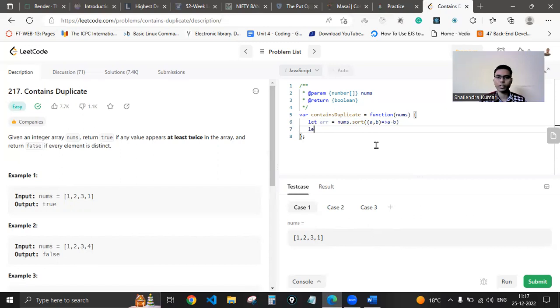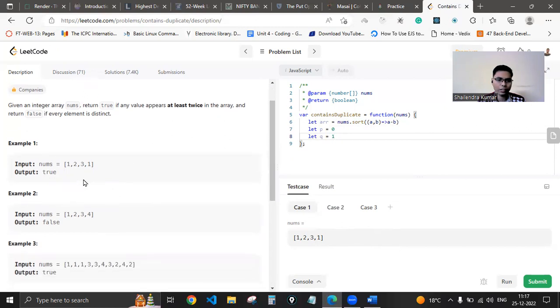Okay. So after that, we will take 2 pointers, P equals 0 and Q equals 1. Why are we taking P as 0 and Q as 1? Because the indexes start from 0. So at the start, P will point to this particular element or index, and Q will point to this particular element or index. So it is 0 and 1. And we can use a condition inside a while loop, while Q is less than